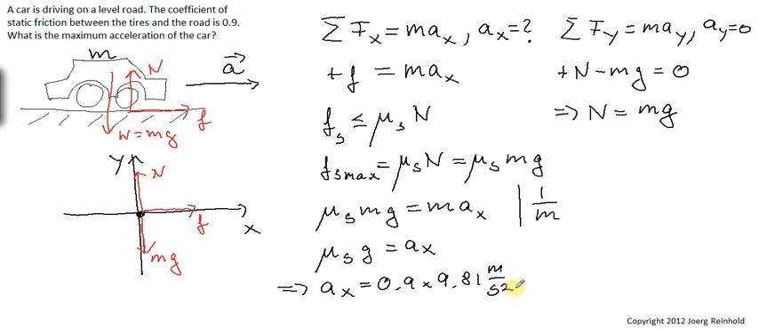Always provide the units when we use the value for the acceleration. And that equals then 8.3 meters per second squared. Note that the result that we obtained does not depend on the mass of the car. So the maximum